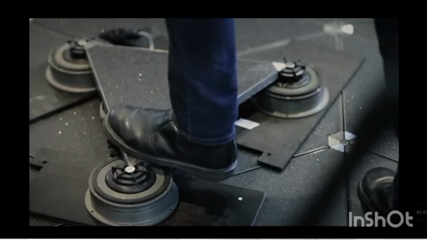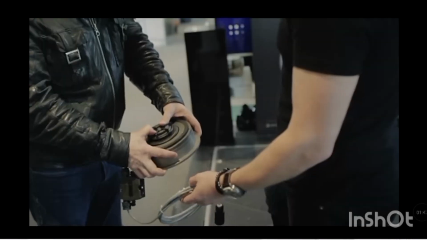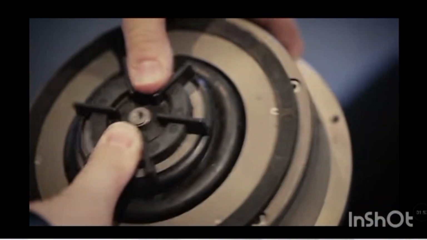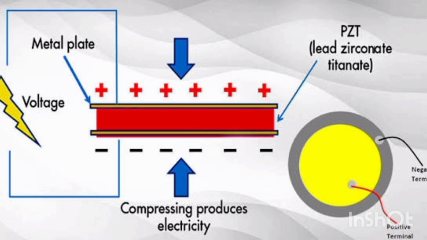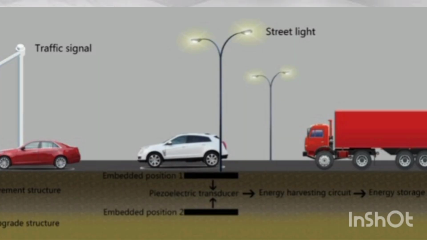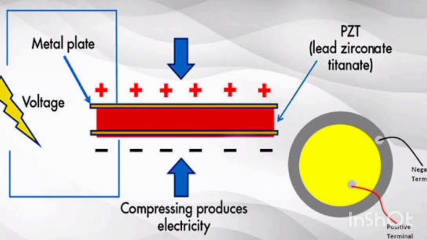For example, special tiles installed in dense floors or pavements can generate electricity every time someone walks or dances on them, potentially powering street lights or sensors. A simple piezo tile under a footstep can generate about 5 to 10